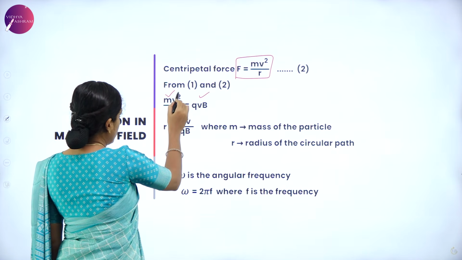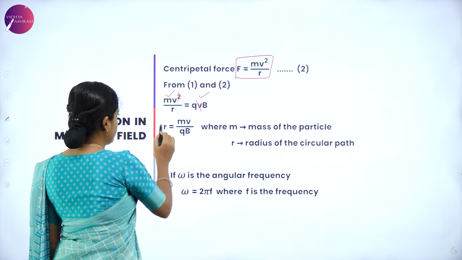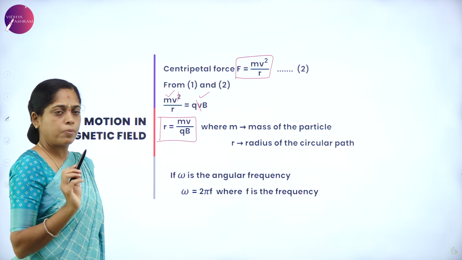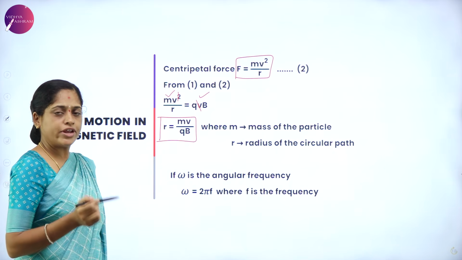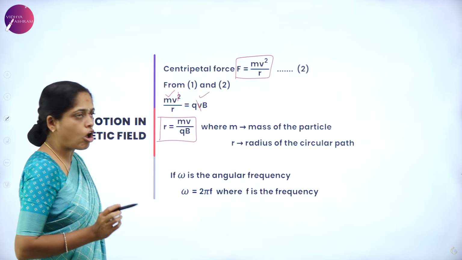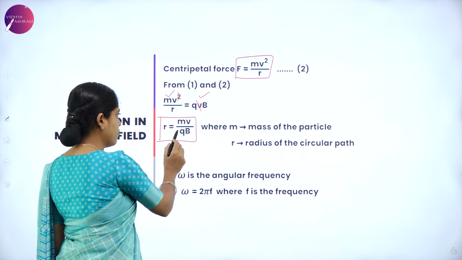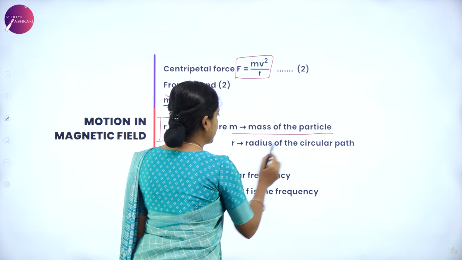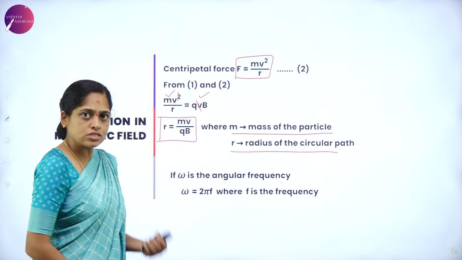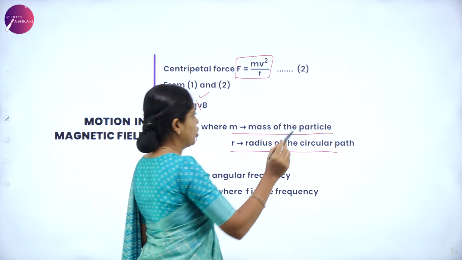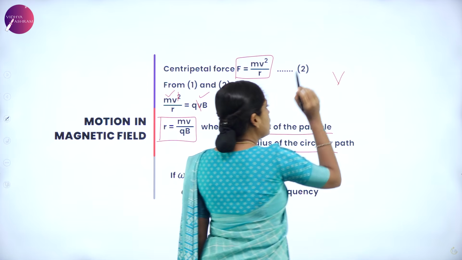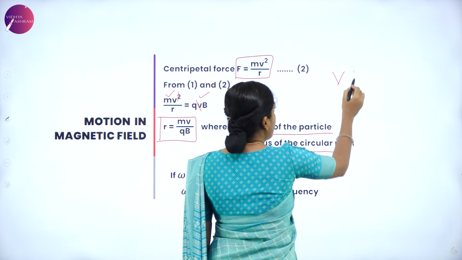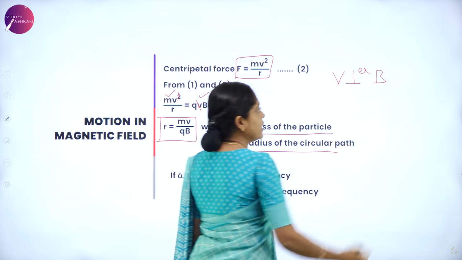In this equation, one of the V gets cancelled and we have the expression for the radius of the circular path followed by the charged particle when it is perpendicular to the direction of magnetic field, which is given by r equals mv by qB, where m is the mass of the particle and r is the radius of the circular path. Here you have to make a note that when the direction of motion of charge is perpendicular to the magnetic field,